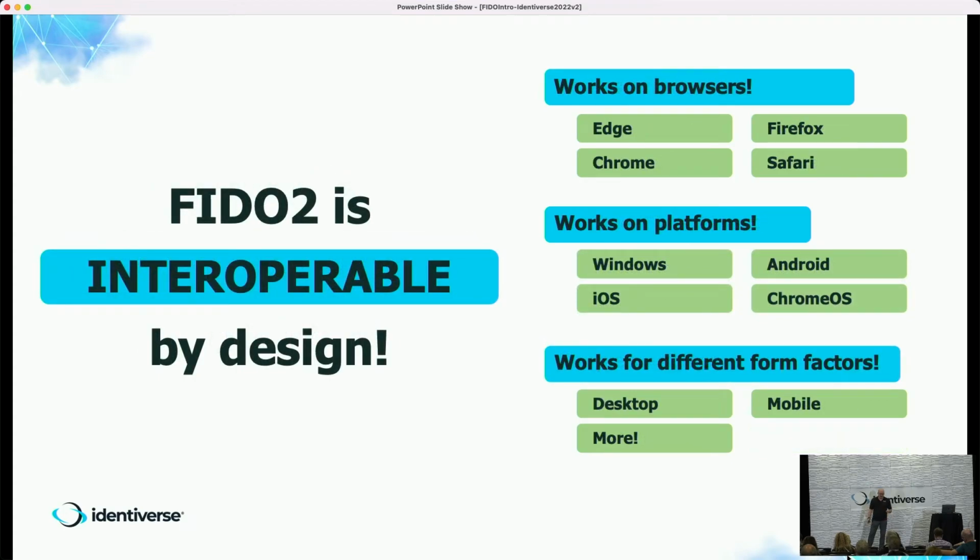And again, interoperability. It works in the browsers, works on the platforms, and works with pretty much all major form factors. We're not quite there yet, but we've got a passkey presentation, which is sort of the follow-on to this, coming next and across the hall. What I expect you'll see in the future is that you can use your phone to authenticate directly to your Wi-Fi printer, and not have to type in any passwords, because it'll use the proximity of the phone to the printer as a part of the security model, and be able to use the keys that you've got. So that way you can log in, and no password is left on the device either. So even if the printer got hacked, there's no password to steal.